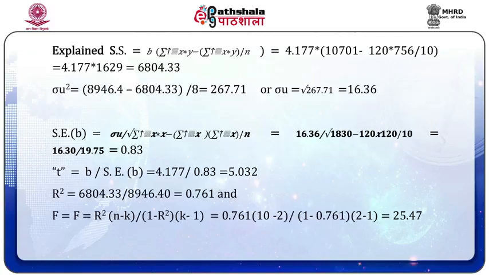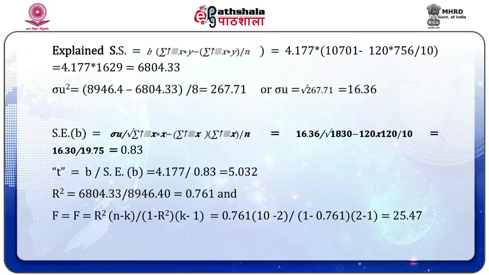8,946.4. Explained SS is equal to b summation x into y minus summation x into summation y upon n is equal to 4.177 into 10,701 minus 120 into 756 upon 10 is equal to 4.177 into 1629 is equal to 6804.33. Sigma mu square is equal to